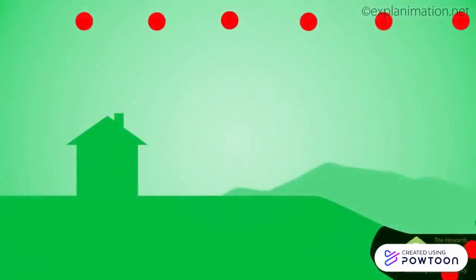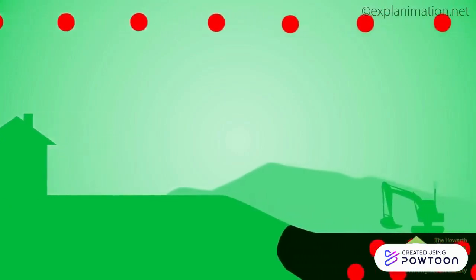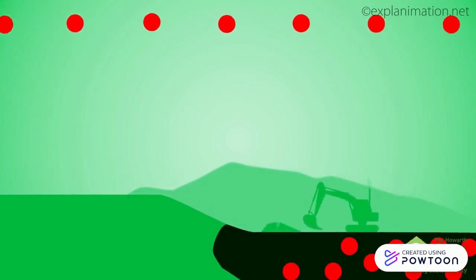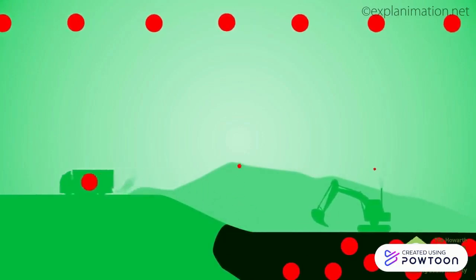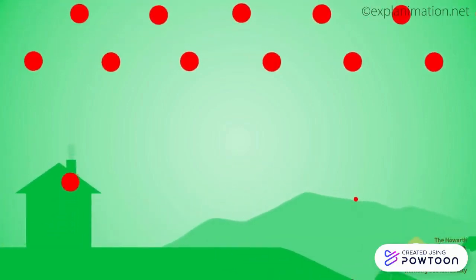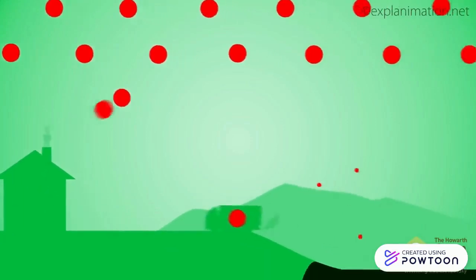Now let's look at two ways you could heat a house. The first example uses a fossil fuel, coal. Coal is extracted from the ground and transported to the house. This process produces CO2 emissions. The fuel is then burnt, providing heat. CO2 from the fossil fuel is released into the atmosphere,